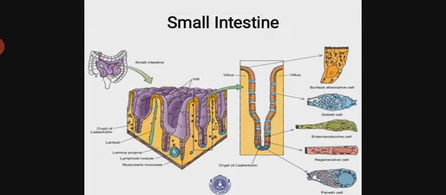So these are the other sectional views of this small intestine. Here is the small intestine location, which is shown in purple color, and this will be the actual section of that small intestine, showing different layers like outermost serosa, next muscularis externa, and next submucosa, then mucosa, and the mucosa is thrown into a number of folds called plicae circularis, and this will contain villi and microvilli. So villi are shown here.